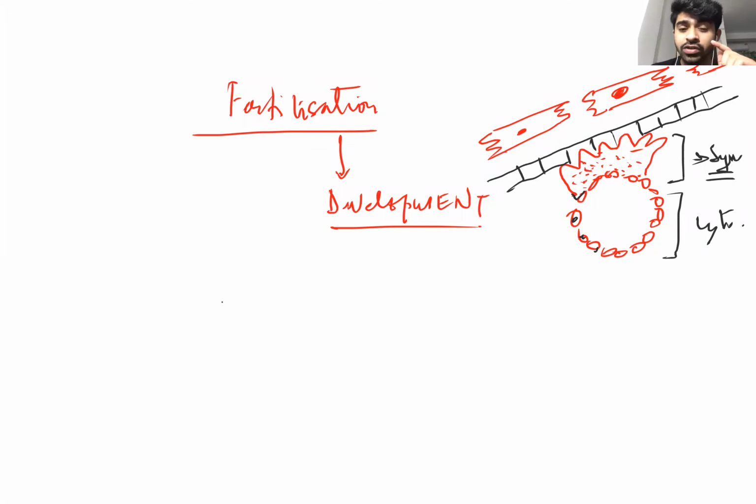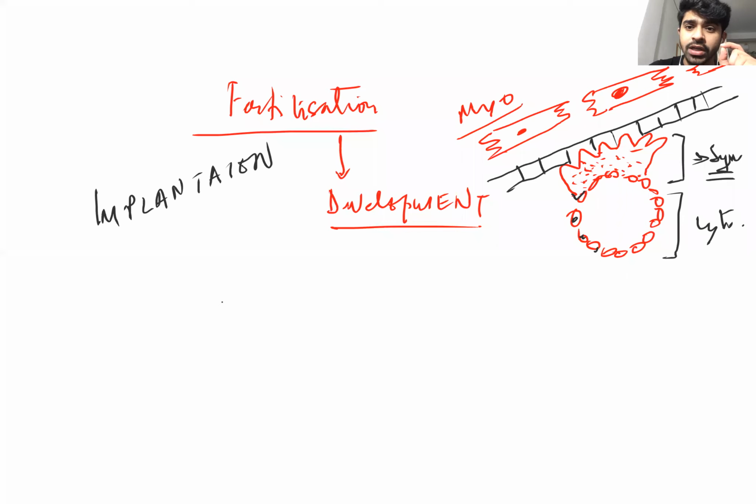Your syncytotrophoblast should not touch the myo. It should remain in the endo, and endo is the black colored layer. And this is the myometrium. So it should not invade the myo in the implantation procedure. Right now we are dealing with the MCQs of implantation. So write down MCQ 1 of the day, implantation. It's a very important MCQ.